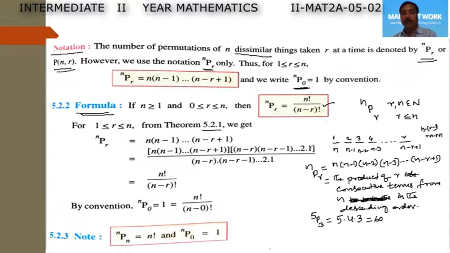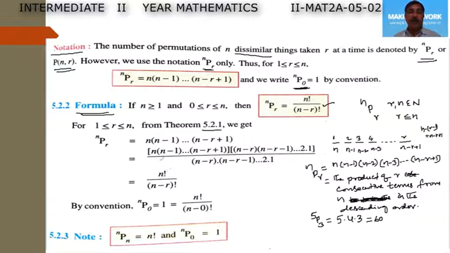till we get 1. So that means the given product of r consecutive terms is being multiplied with the product of consecutive numbers (n minus r) into (n minus r minus 1) into (n minus r minus 2) and so on up to 3 into 2 into 1, and we are dividing by the same product of values. Multiplying and dividing with this, it is nothing but (n minus r) factorial. So we are multiplying and dividing this value with (n minus r) factorial.